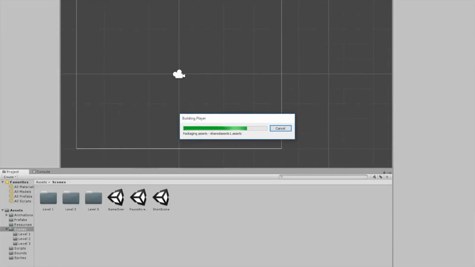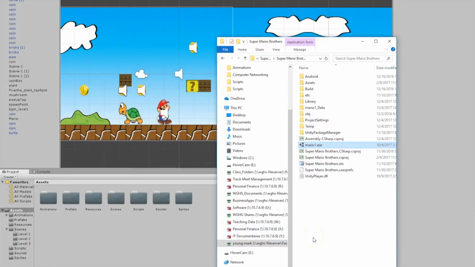Just sit here and wait. Okay, now that I've got the game built, Unity will actually make a Windows executable file. My game is called Mario 1, so I just called it Mario1.exe. And if I launch it,